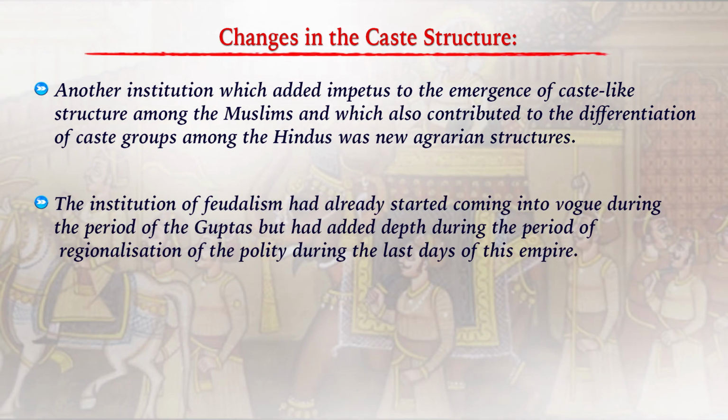We have studied earlier that in terms of the Gupta period, there were not much changes as far as the concept of agrarian relations were concerned, but during the Muslim kingdom, there were changes in the system of land grants. The land grants were given to the nobles by the king, and they were the assignees. It was the obligation on their part to provide services to the king by predetermined conventions such as tributes and taxes, providing soldiers and maintaining them on behalf of the king, and rendering various services.